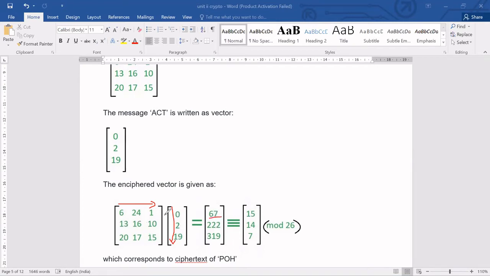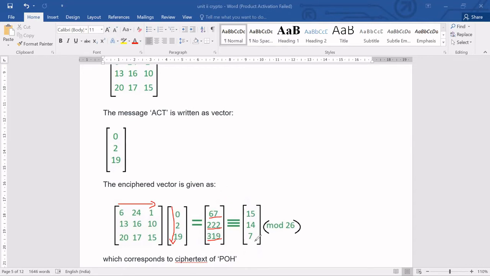Next, it will be 13 into 0 plus 16 into 2 plus 10 into 19, which gives 222. Next is 20 into 0 plus 17 into 2 plus 15 into 19, which gives 319. And after this, obviously the value is not within 26, so that you can obtain the